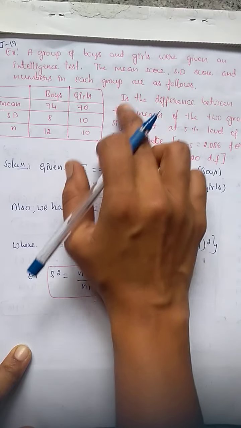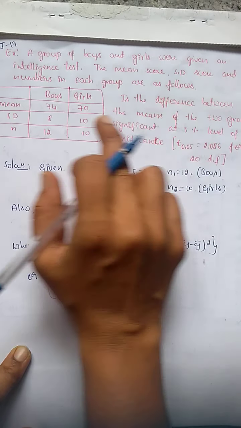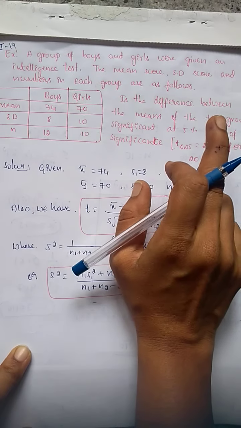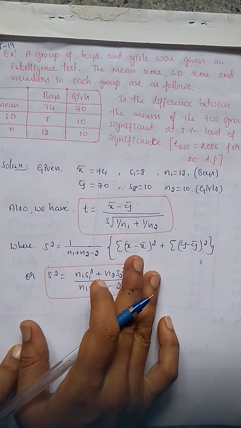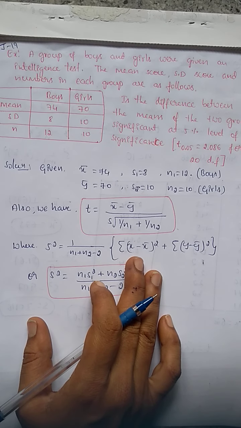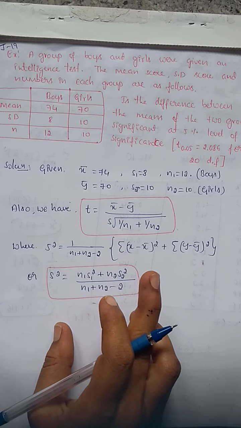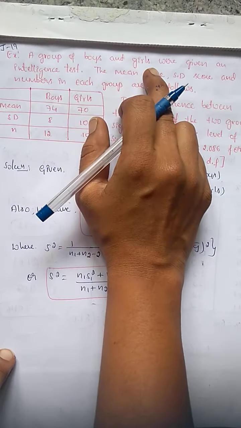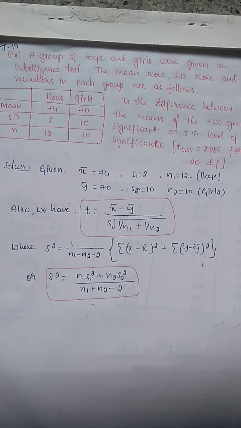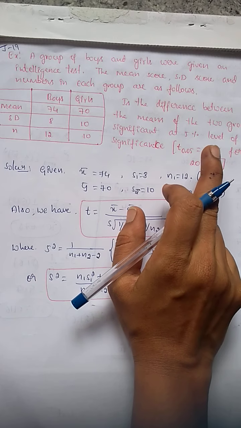Means by using the hypothesis way we have to check whether there is any difference between these two groups' means at 5% level of significance. Compared to the last problem, this is different, because in the last problem we could see only one set of x values and n values and s values, but here we can see two samples, x and y. So if you have two samples, how do you apply the t-test distribution?